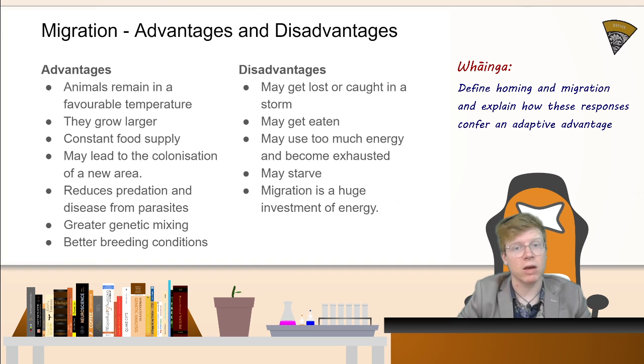They may be able to take over areas which are currently not inhabited by organisms that are like themselves that fit that particular niche. So they have more space, they can spread their genes, create a larger population. There might be a reduced level of predation from this movement. There might also be a reduced level of disease from parasites. There's the potential for greater genetic mixing,